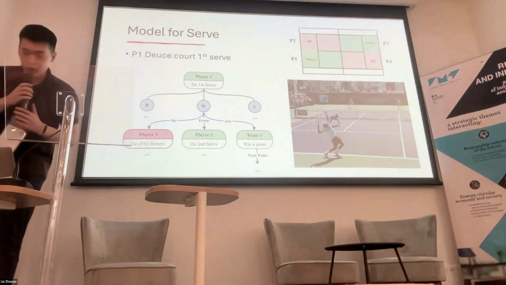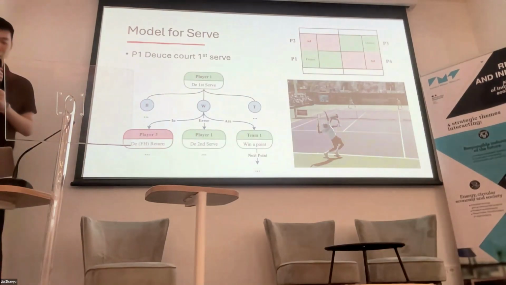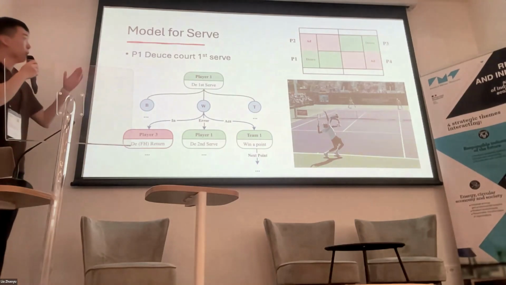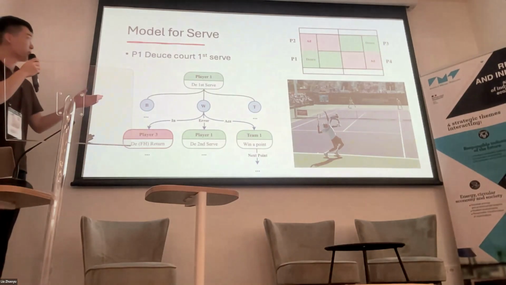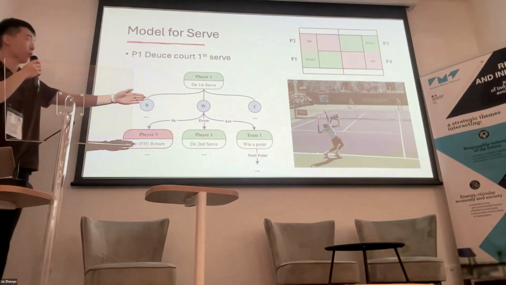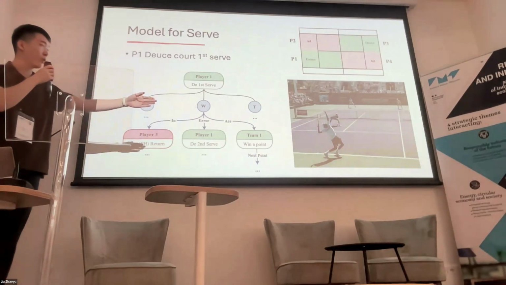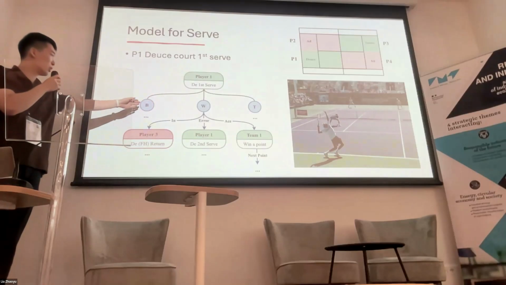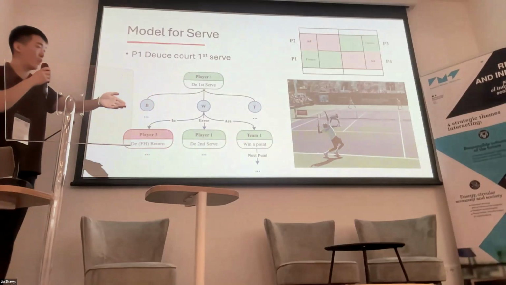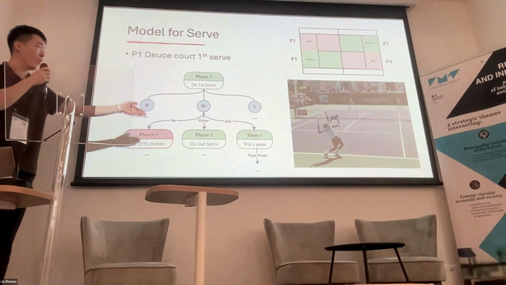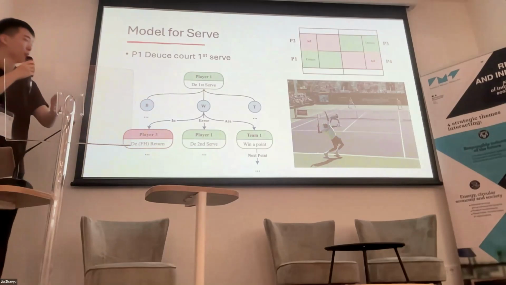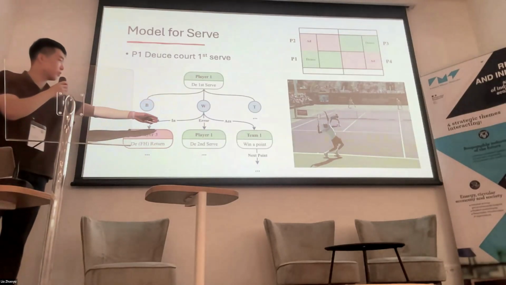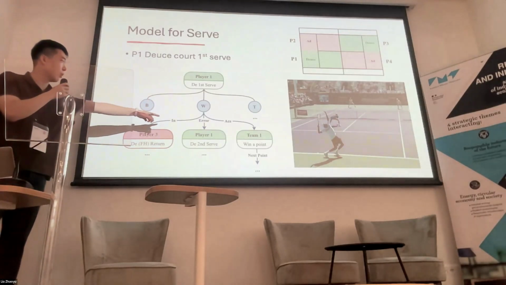Next, I want to show the model using several examples. For example, this is a serve state. Player 1 is serving from the deuce court. He has 3 possible actions: serve towards the body, serve towards the wide area, or serve towards the tee. For each action, there are 3 possible outcomes. If the ball is in,